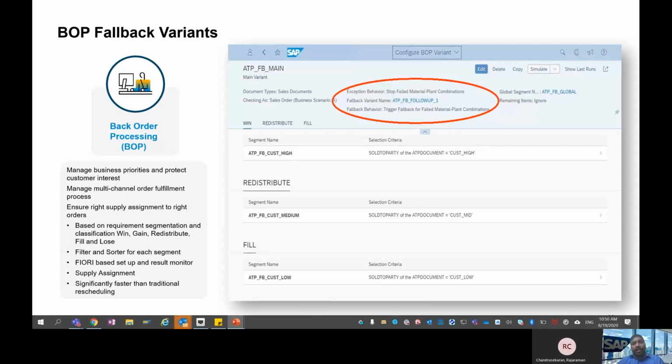Again, it is a Fiori-based UI, so you can easily monitor the results, and this helps significantly to speed up your availability check. Rather than the traditional rescheduling way, you will be able to easily identify the right stock with this back order processing app.